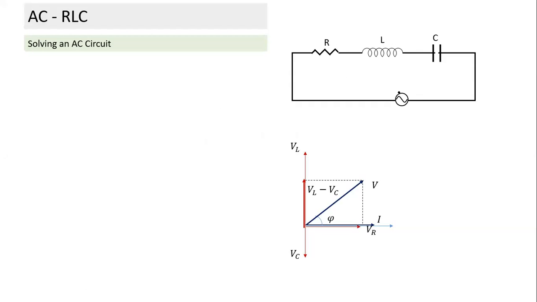So if we connect a known AC source to known circuit elements, how do we solve the circuit? What does solving an AC circuit mean? What are things which we might be interested in finding out here? If this voltage source is connected, what are things which are unknown? We need to know how the current will flow, what will be the voltage across resistor, what is the voltage across inductor, what is the voltage across capacitor. These are the 4 unknown quantities to begin with.